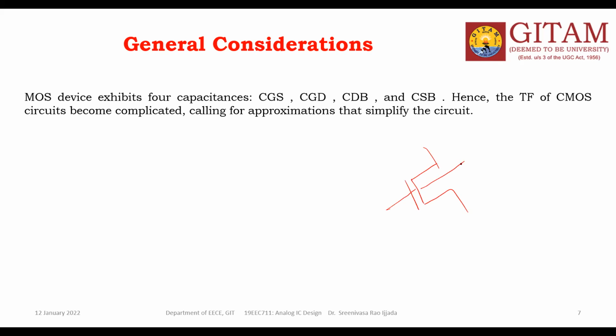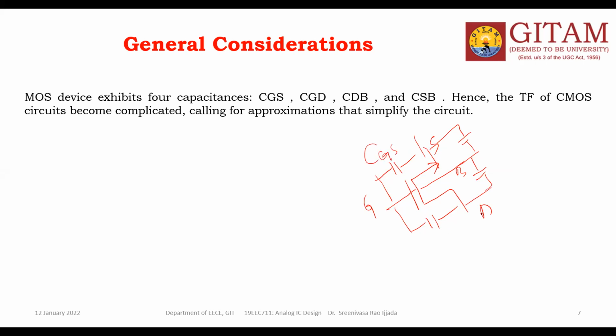This is our MOSFET. This is the body. This is the gate, source, and drain. So this is one capacitor. This is one more capacitor. This is one more capacitor, and this is one more capacitor. So like this, you have 4 capacitors. Because of this is the gate to source,